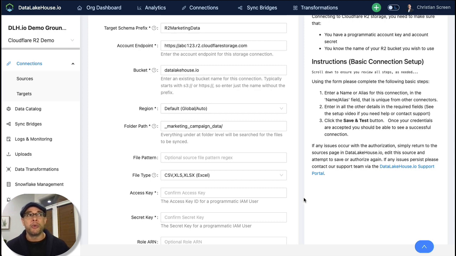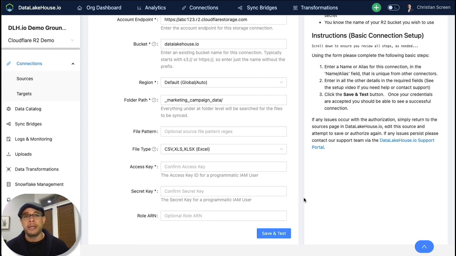And then lastly, before we test the connection, we'll go ahead and enter in our access key and our secret key. Now that we've added our keys, it's time to go ahead and test. So we'll save and test by clicking in the bottom right hand corner, save and test. And once our test is complete,